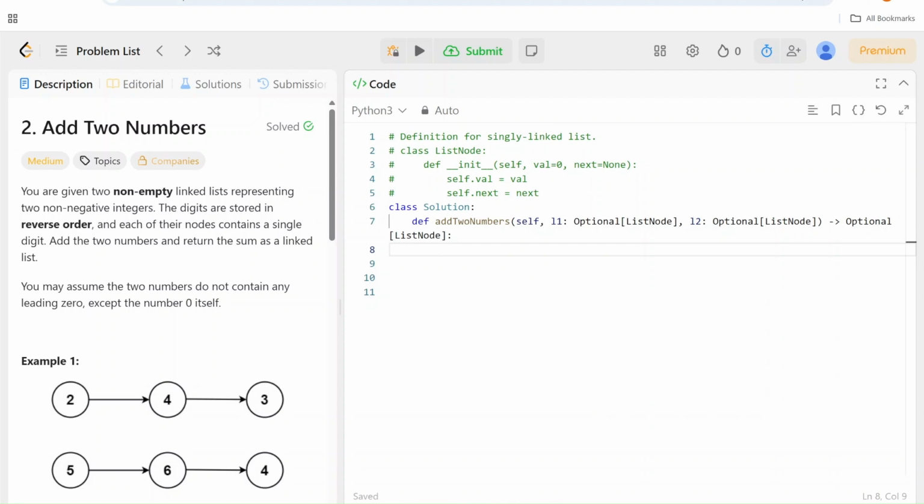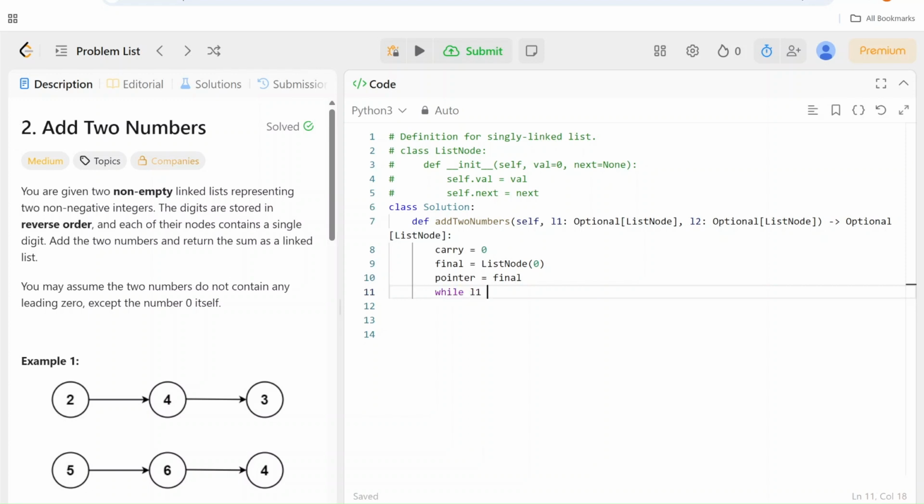In the code also, I will first start by defining our carryover, which will be equal to 0 initially. Then I'm going to define my final linked list that will be returned, and I will initialize this as list node 0. And then I'm going to assign a pointer which will point to the final linked list. Now we have to traverse the list 1 and list 2.